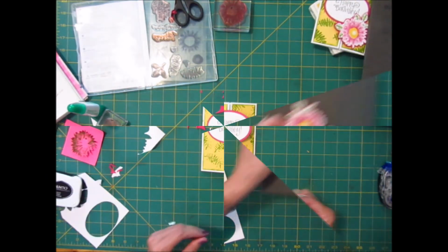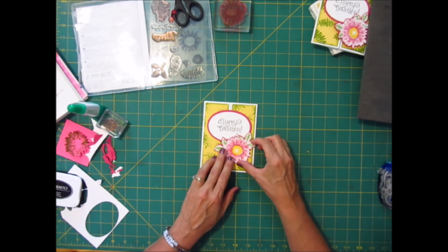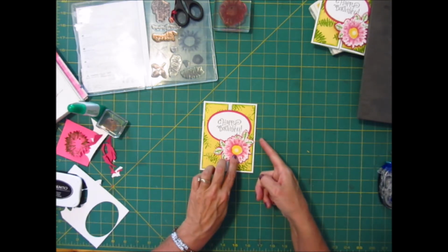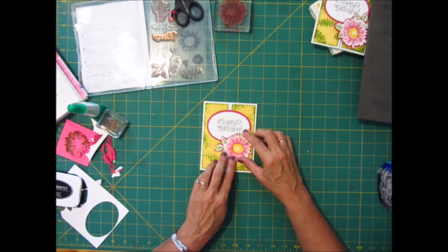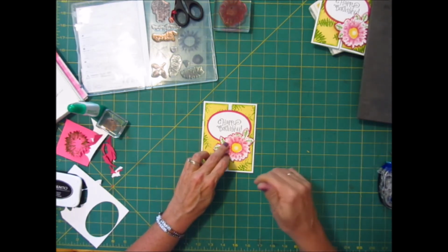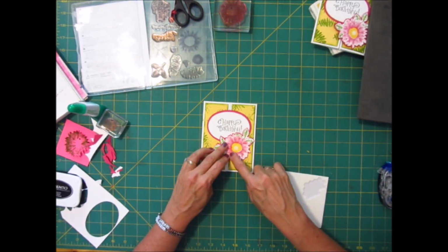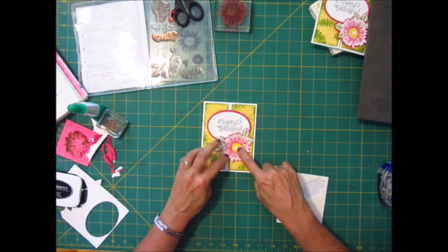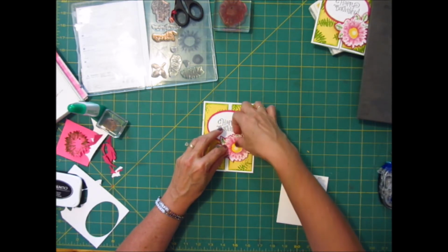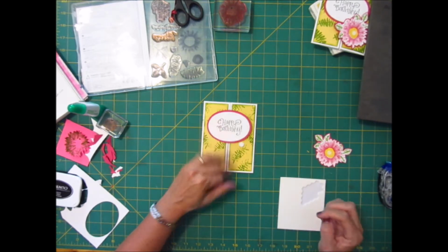Almost finished. Now that we have our flower cut out, we want it to layer on top of the oval, like so. But we want it to have enough room so it doesn't stick off the edge, so it'll fit in the envelope, but also that it's up on the oval so it stays tucked. So right there looks really good. When you take your dimensionals, you're going to want to make sure you only put them over here in this area. You don't want it over here and you don't want it up here. So to let that happen, the first thing is I'm going to put a dimensional right here so I know that I am not going over the oval. And then